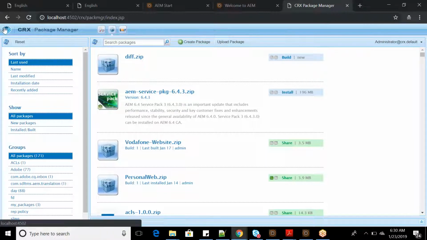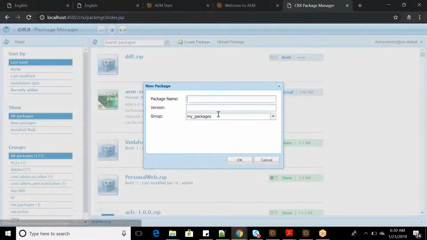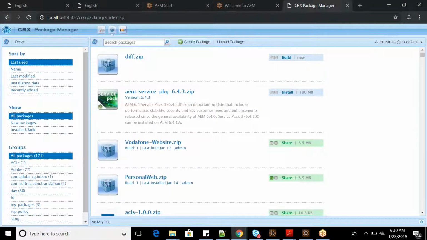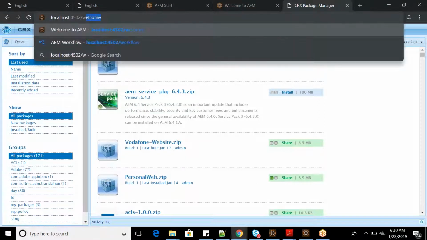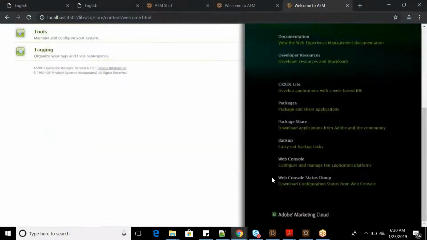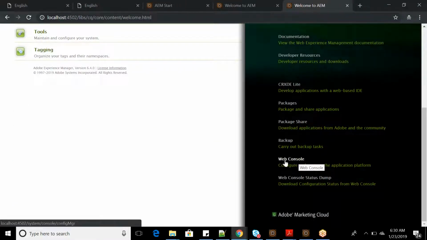Okay, let's go back. From this console we can create the package, we can set the path and everything. Let me just go back again. And there is one more important console, that is the web console. If you click on this web console,